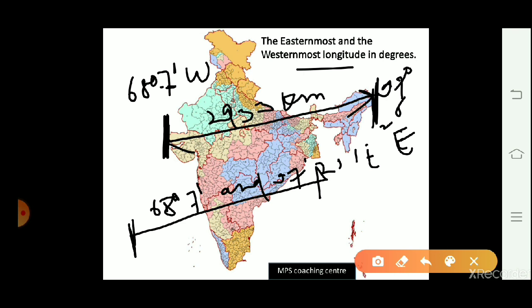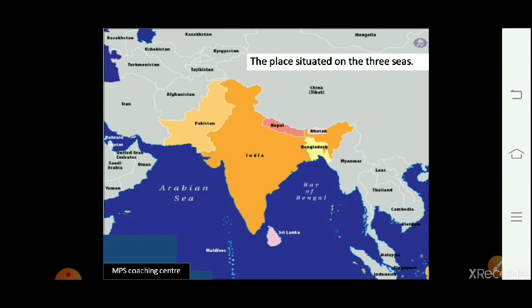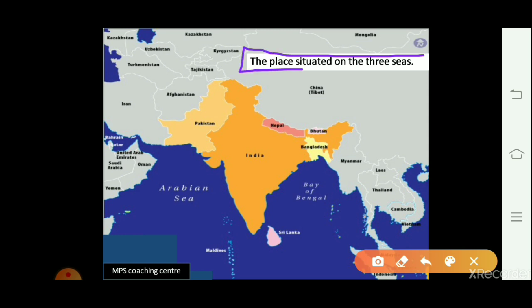Due to this much area there is a time lag of 2 hours from Arunachal Pradesh to Gujarat. So in this we have to plot the area situated on 3 sides of sea. As we can see, India is a large country which is surrounded by Arabian Sea, Bay of Bengal and Indian Ocean. So the area of our country which we have seen in the southern side, this area which I'm going